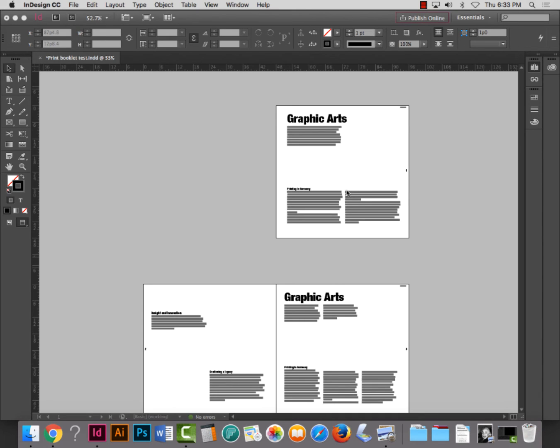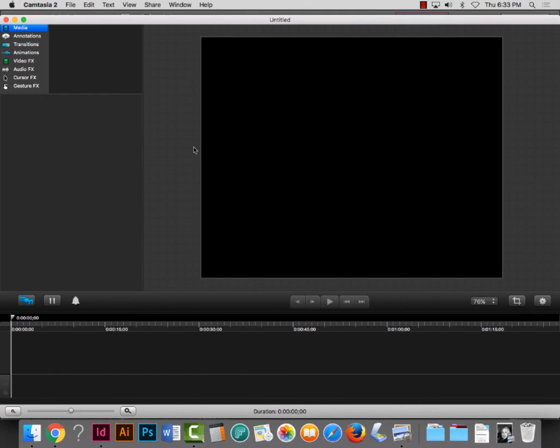Okay? I'm going to stop the recording, and I'm going to physically go back there and show you how to cut and mount these, or actually it's fold, bind, and cut. Cut is the last thing we do. So I'm going to stop the recording, and